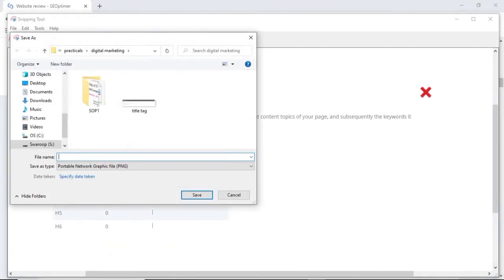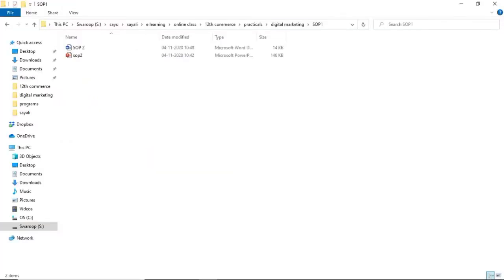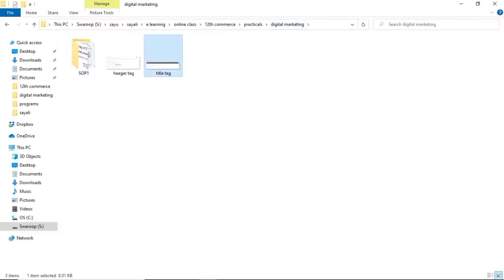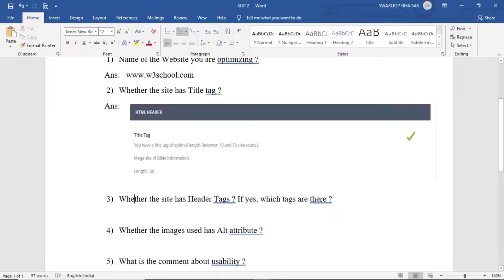Again here specify a name, suppose header tag, save that image, then from the folder copy that image and paste it in a Word document over here.